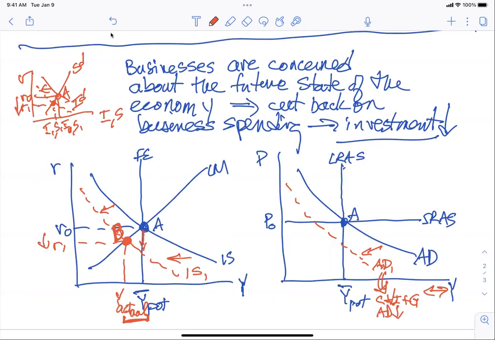So what would be true? The same thing would be true if government spending went down. The same thing would be true if consumer spending went down. So if we flip this around, I'm coming back to you,